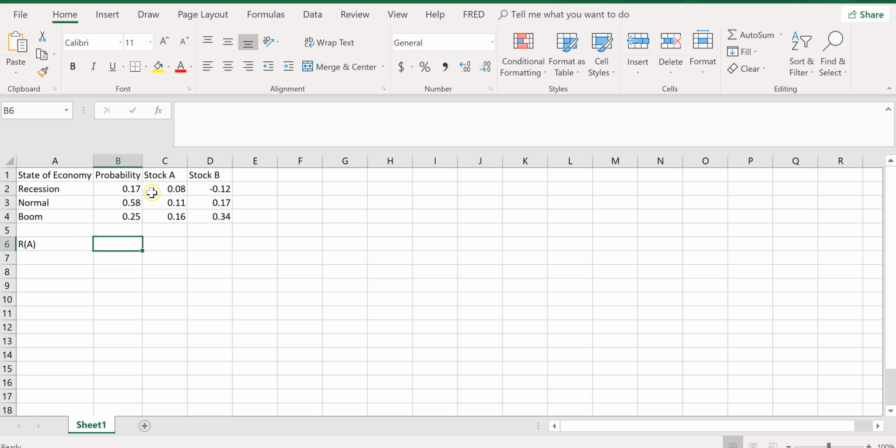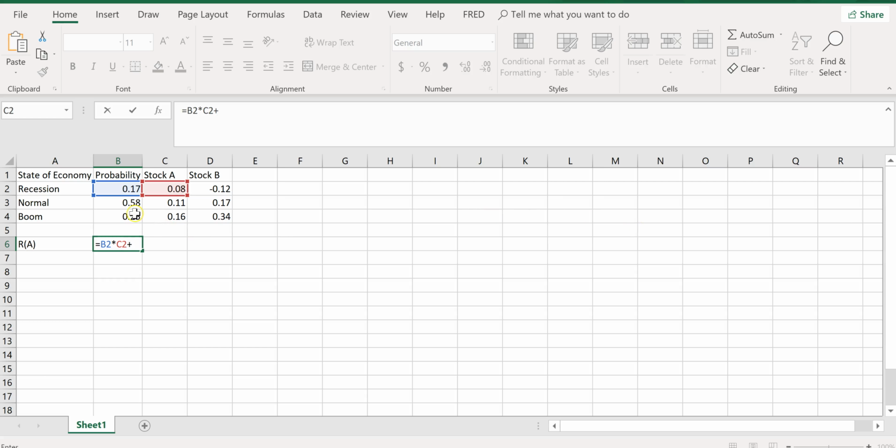So for stock A, the probability under recession is 0.17. So we simply multiply this probability. Let me use the equal sign: equals the probability under recession times the return under recession for stock A, and